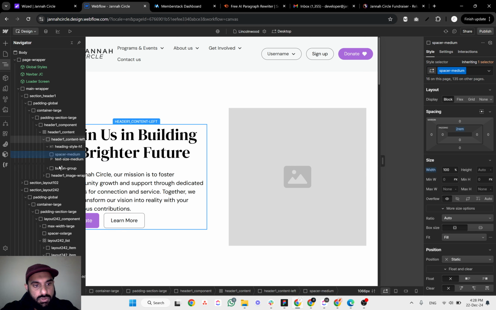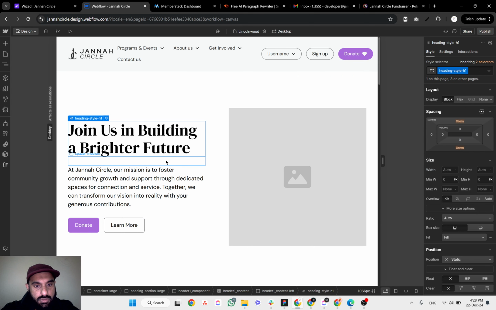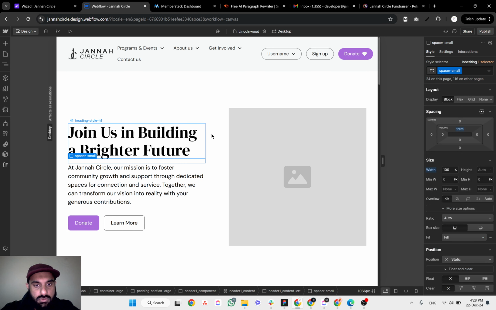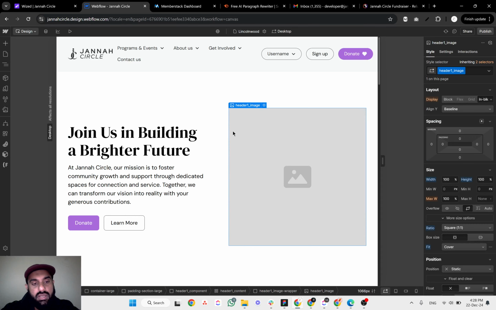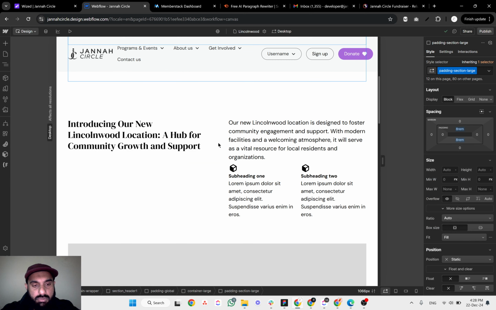I can just copy this one and paste it here. Okay, so let's make it spacer small. Okay, so this is how we can add the spacing between the elements, and this is how we can build a page